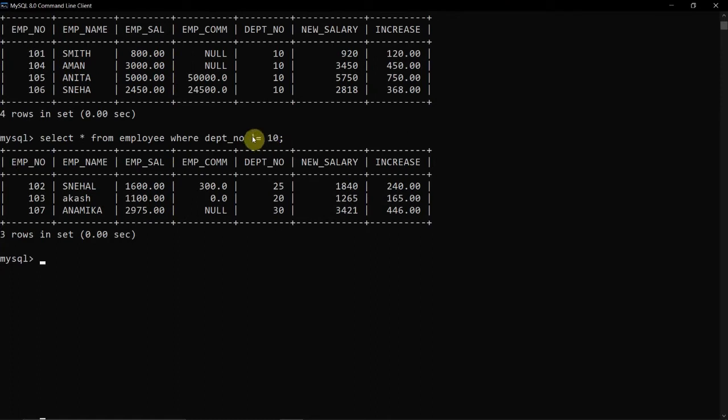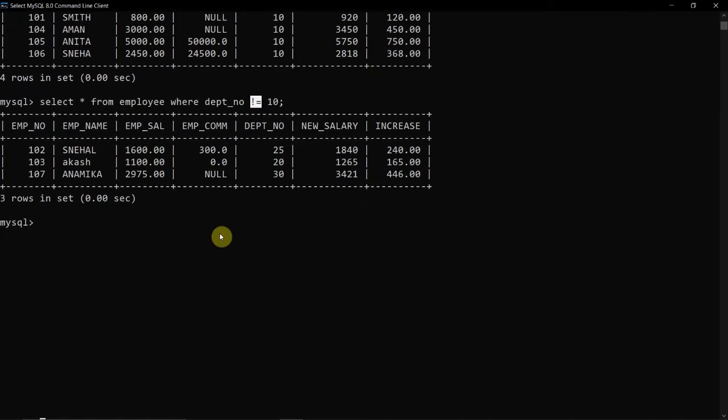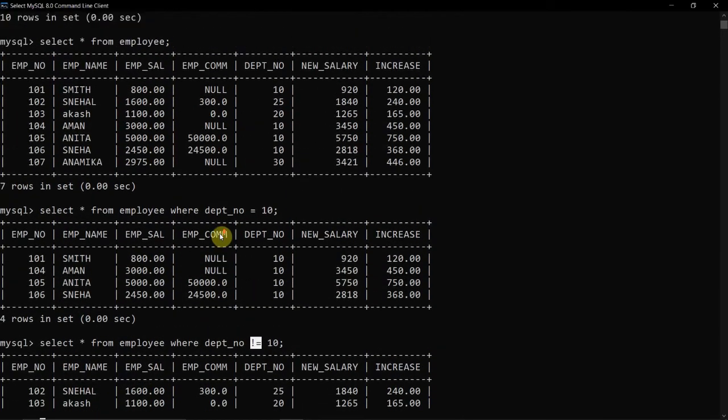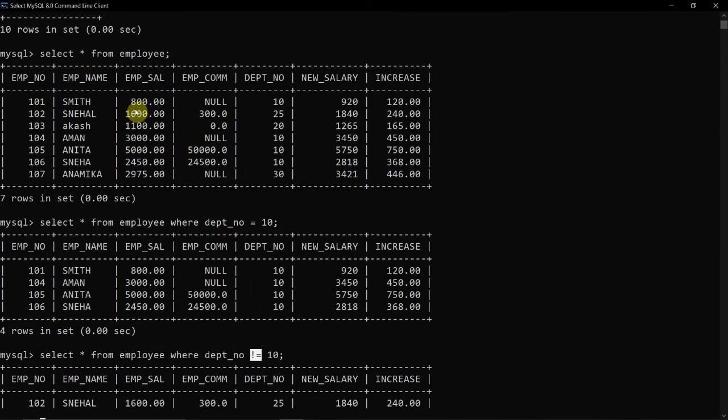You can use not with the help of the exclamation mark also, right? In another example, let the information of the employee we get be where the employee commission is not equal to null. The query would get the data of an employee whose commission is not null.